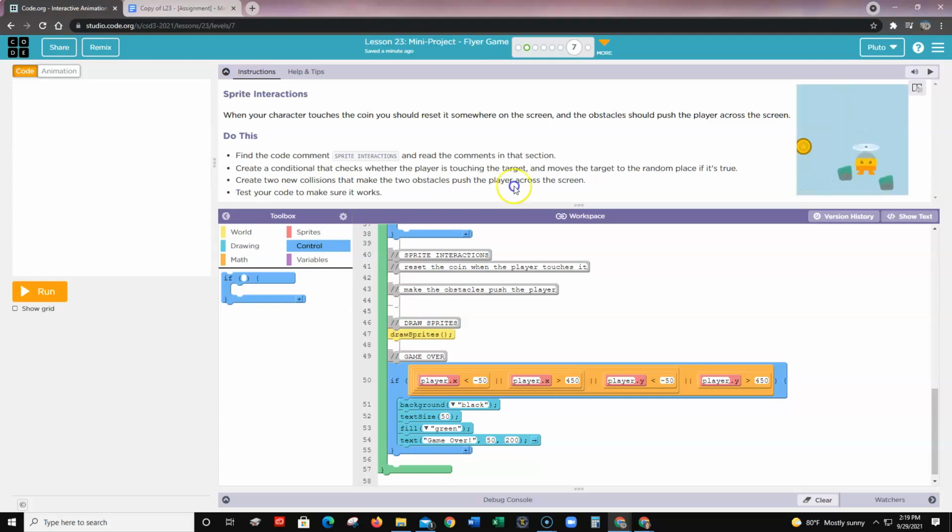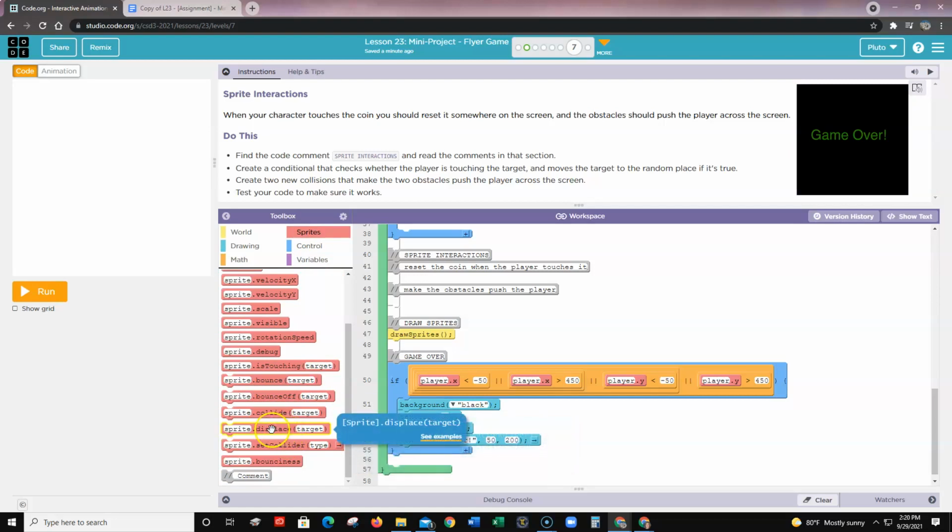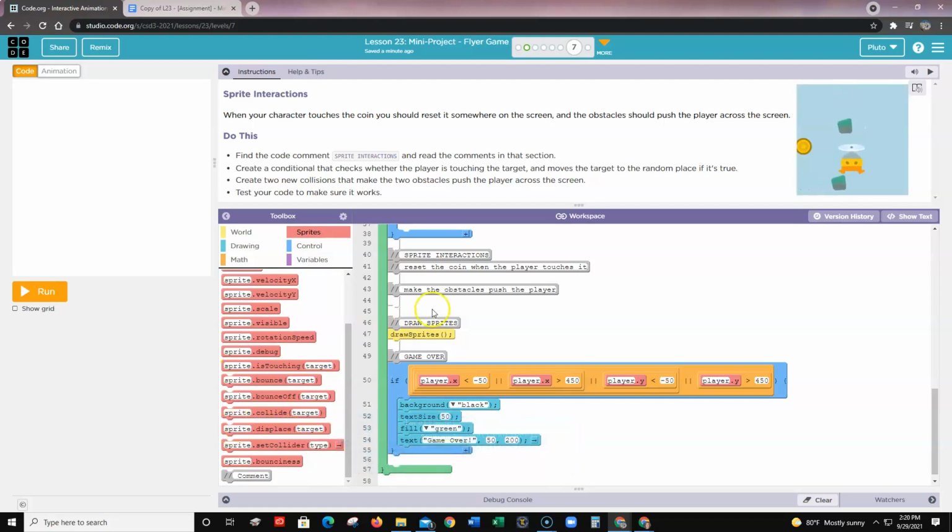push the player. So you can see in this example here, when the rocks touch the player, they move the player. So displacement, collision, remember those? Right here, you've got bounce, bounce off, collide, displace, displace maybe. So you might be using those. Okay, so when the rock touches the player, you want it to be able to